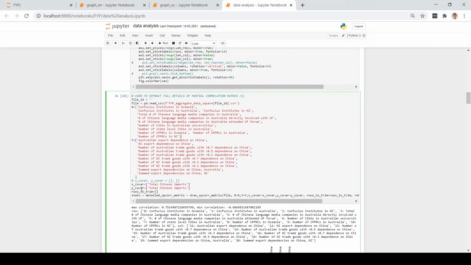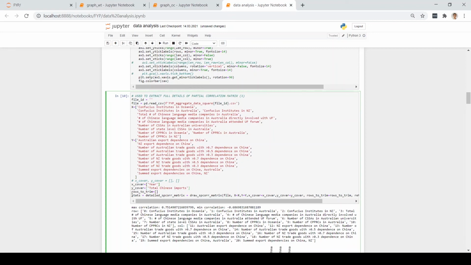The two arrays below here, X covar and Y covar, are the control variables. So in this case, a partial correlation is computed with the effects of total Chinese imports removed from both the economic and the political indicators. However, this can be changed. For instance, if we would like to remove the effects of year from the political indicators, and we would like to remove the effects of total Chinese imports from the economic indicators, we can adjust the X covar and Y